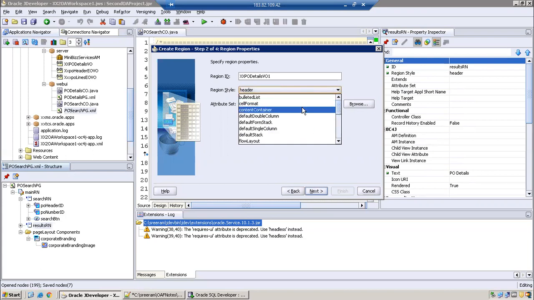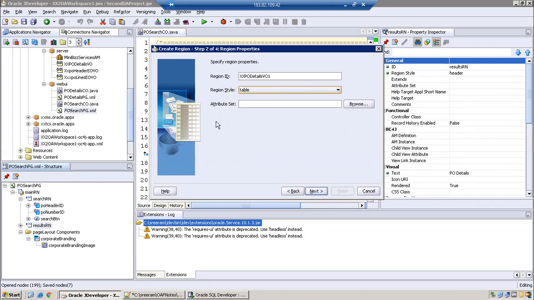Here you don't see any advanced table region availability, but the table region is available. So for the advanced table region we don't have a wizard option; we have to create it manually.